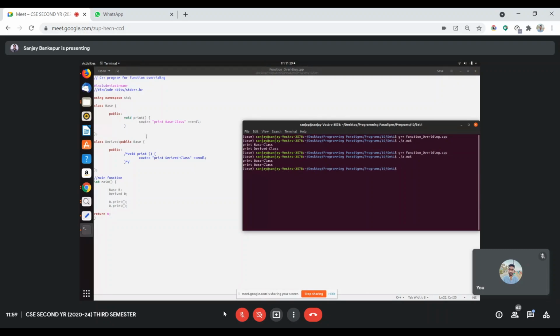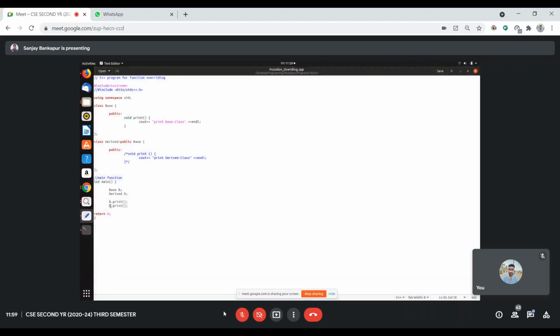See here, even though I'm calling from a derived object D, the print function is still pointing to the parent, because it has its own separate copy. In inheritance, the child inherits the whole thing, all the members will be copied to the child also. That's how it is still pointing to the base.